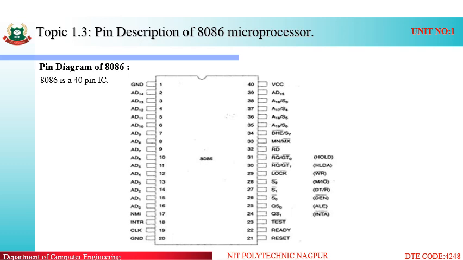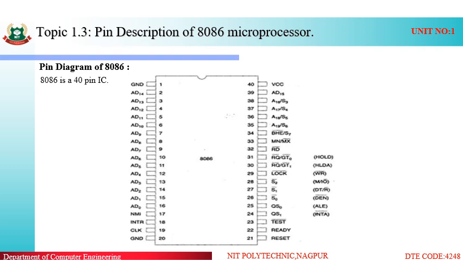Now, how to decide the number of pins on any IC? The IC which has minimum number of pins on it is more efficient than the IC which has more number of pins. That means if the number of pins on an IC is 2, it will perform much more efficiently than the IC that has 10 pins or more.